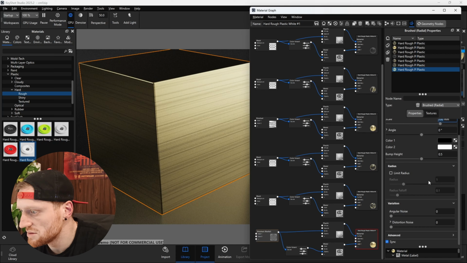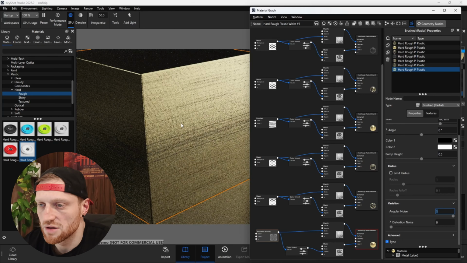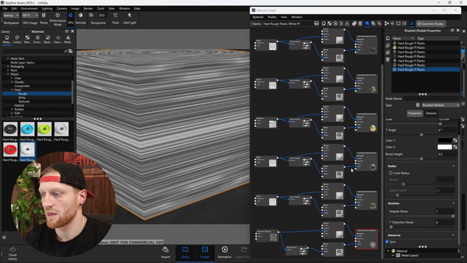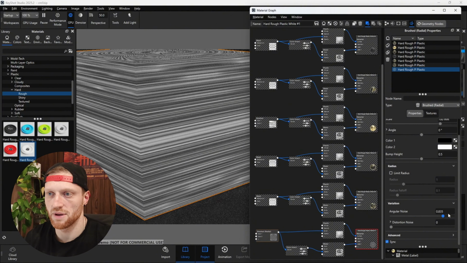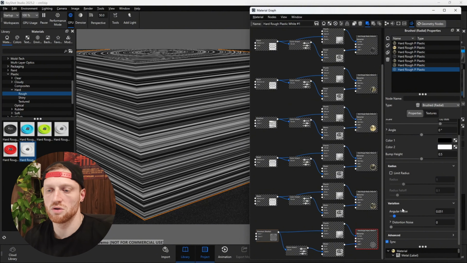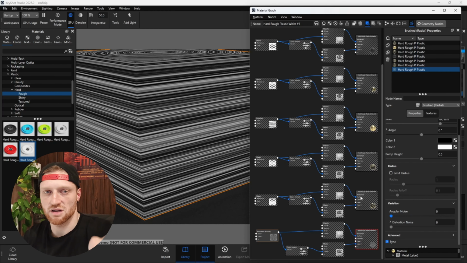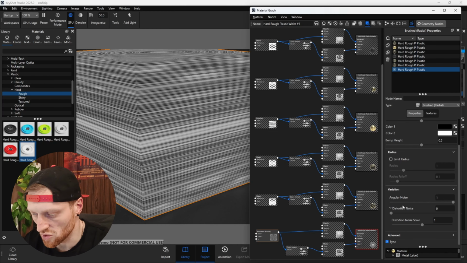Then angular noise. So that's basically, if I go like this, and you see angular noise. So this is what it does. Basically, there's more transition between those things. The lines are not as clean cut. And then we can still have the distortion noise,